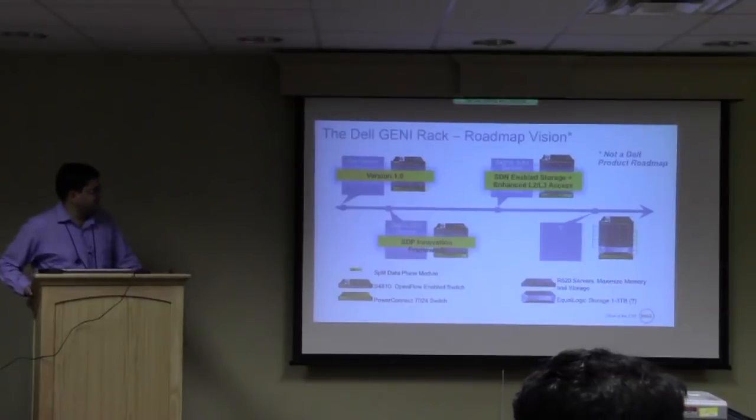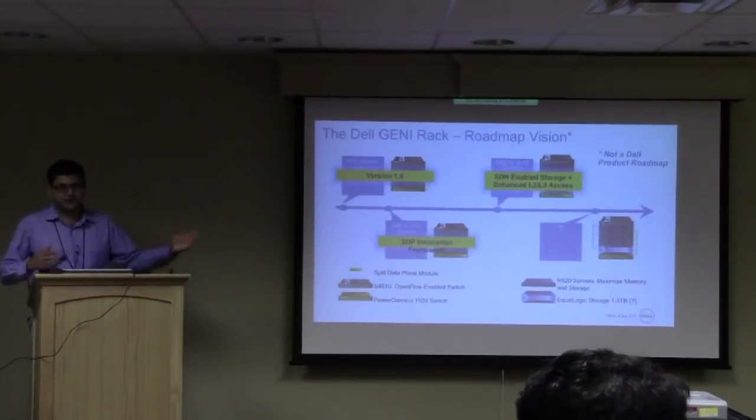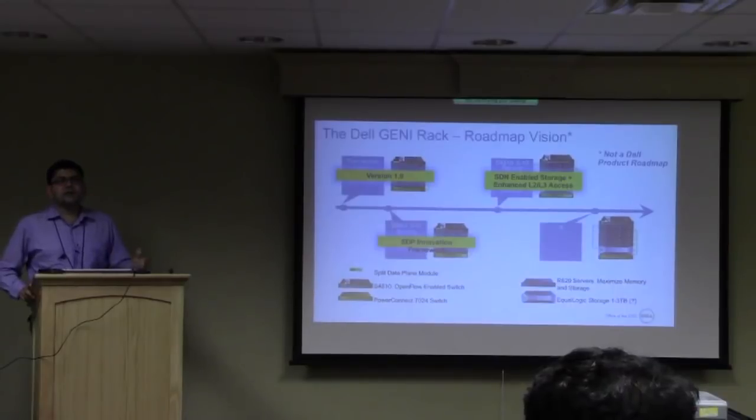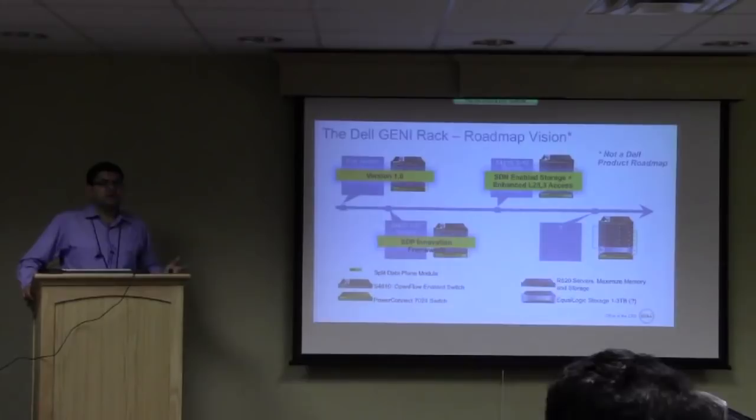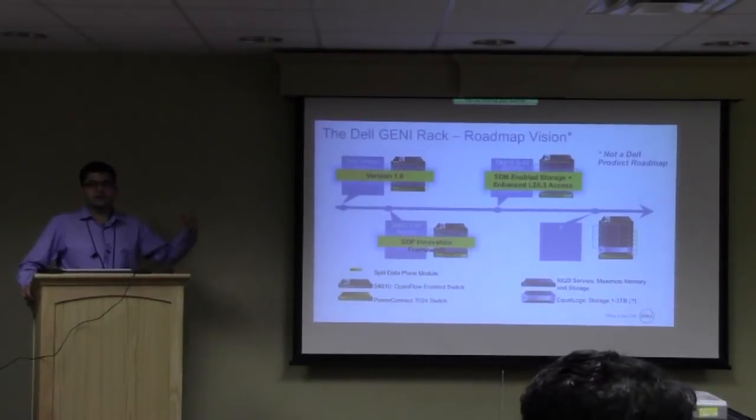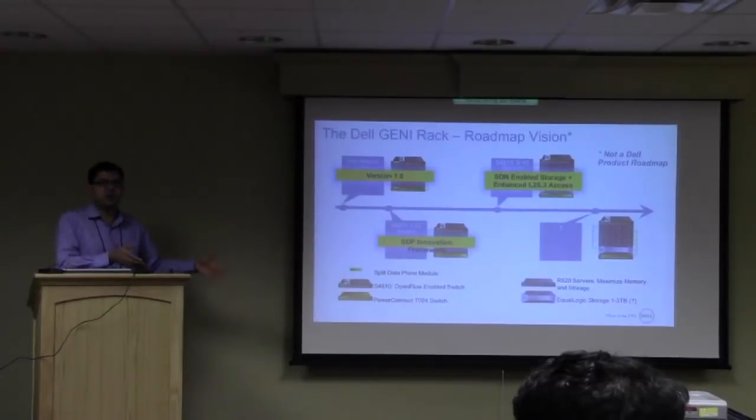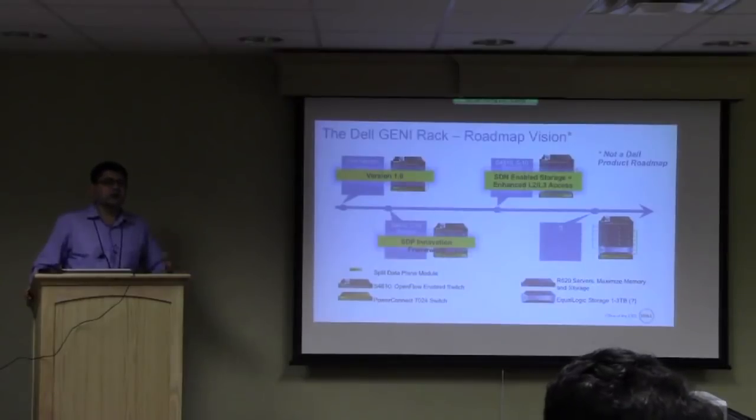I put in SDN-enabled storage, but after seeing ExoGENI, deliverable storage is probably already available. There are also things we are working on with regards to exposing the capabilities of the ASIC. I like to put SDN as a way to expose direct capabilities of the ASIC as opposed to just writing apps from the controller. Because today, if you look at what merchant silicon can provide you, to a degree, I think it's kind